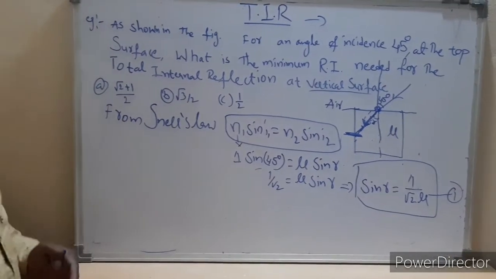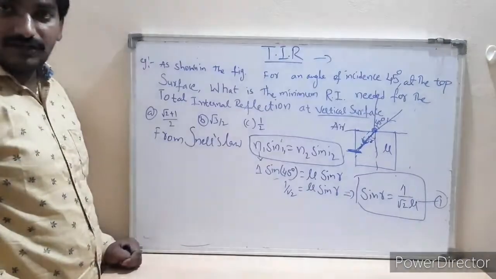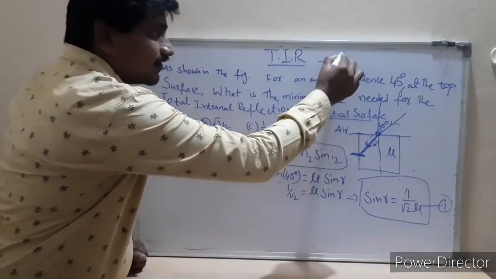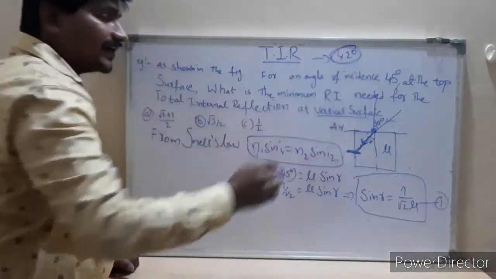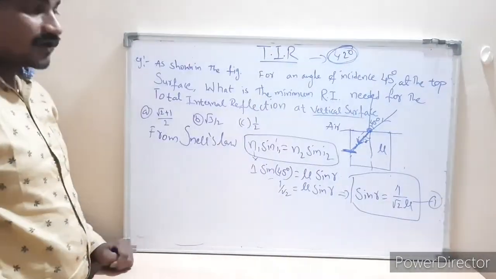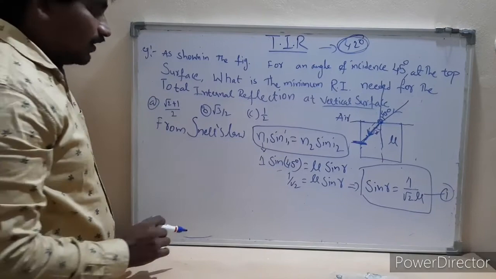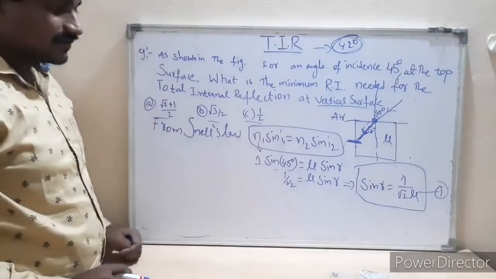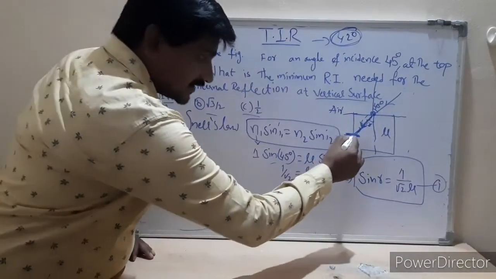Which angle is called the critical angle usually? For example, if you see the water and air interface, for that it is around 42 degrees, which is the critical angle. If the light ray makes an incident angle more than 42 degrees, then the corresponding refracted light ray will undergo TIR, which means it will reflect back in the same medium. As they have given the options, with how much refractive index of the medium will it undergo the TIR process? Let us see first the critical angle.